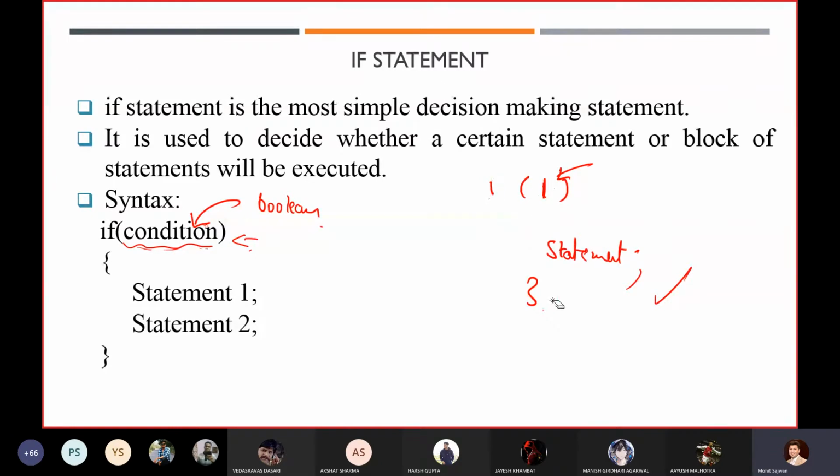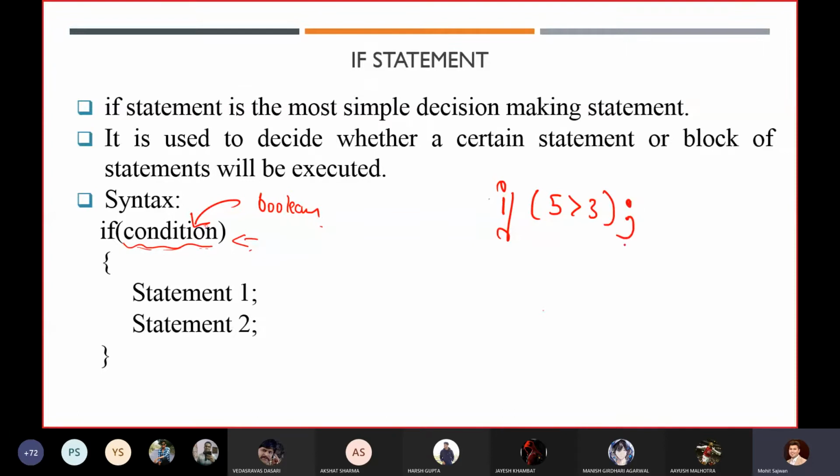The second thing to keep in mind is the no statement if. If I write 5 is greater than 3 and use a semicolon, and execute this code, it is valid in Java.